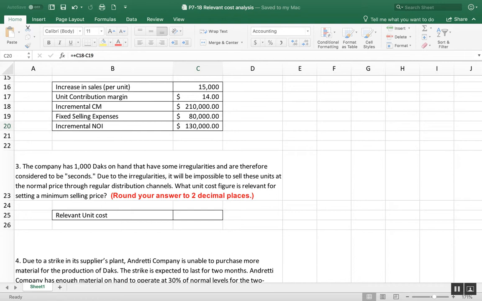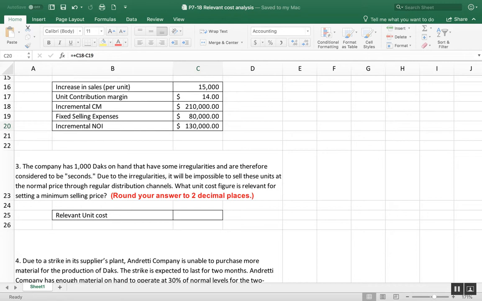That's this case right here. It says it will be impossible to sell these at normal price through the regular distribution channels. So what unit cost figure is relevant for setting a minimum price figure? And what they're trying to get us to do here, which I don't know if it's completely successful, but anyway, we're going to consider that pretty much all of the costs are sunk, meaning manufacturing costs can't be recuperated,